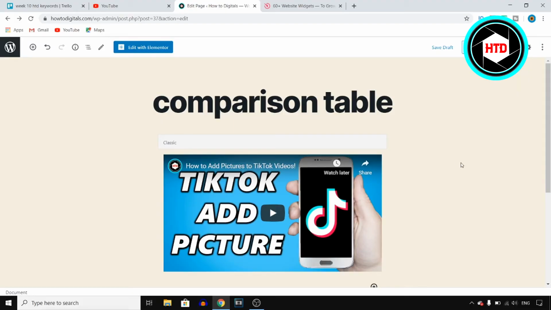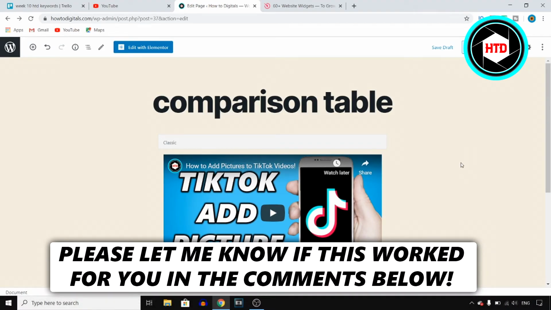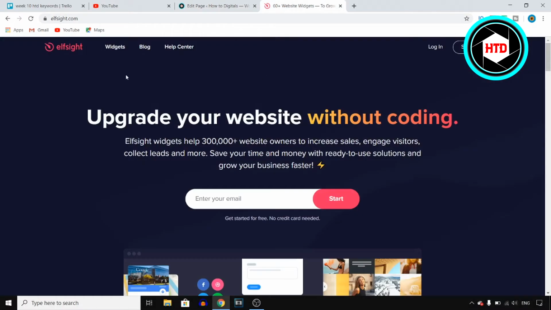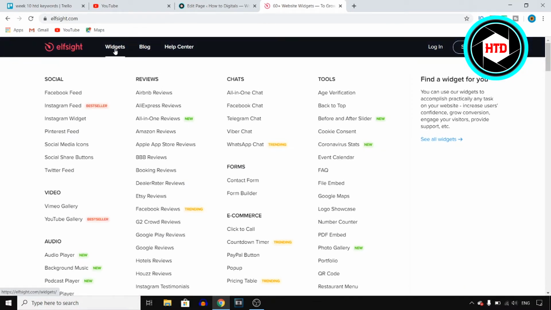In this video, I'll show you how you can embed a PDF file in WordPress. So for this, we need WordPress, and we also need a website called Elfsight, and Elfsight is going to help us do this. So go to elfsight.com, and once you're on the website, click on widgets, and then right there